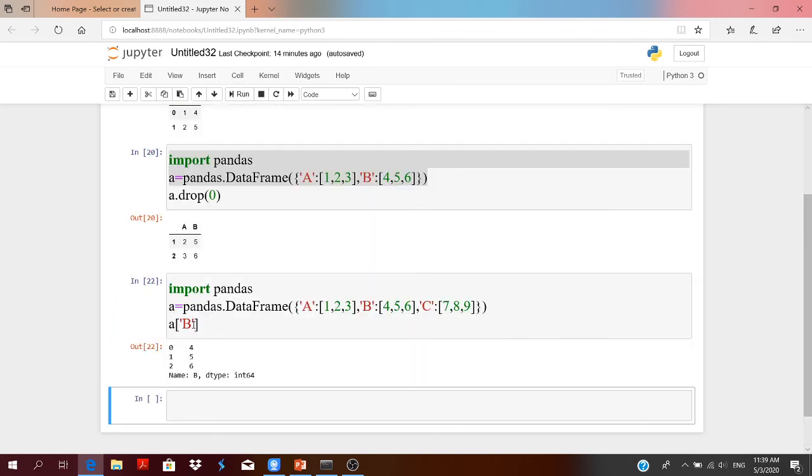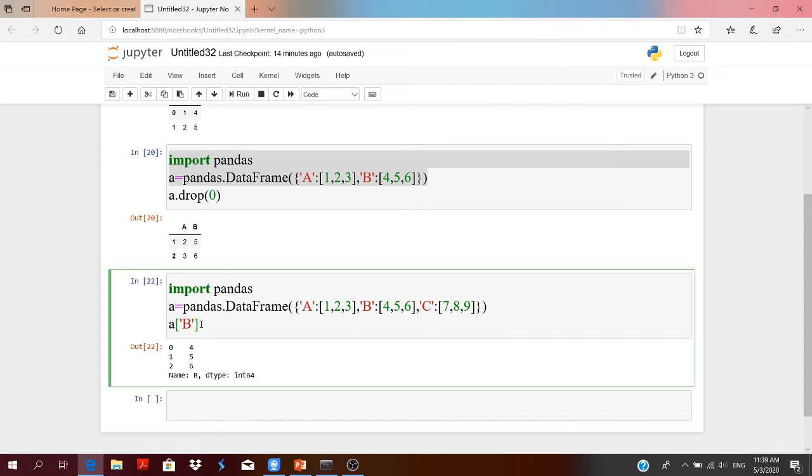Now you can select a single row of your data frame by using two functions, ILOC and LOC. ILOC uses the indexes of your rows and LOC uses the labels of your rows. First use the dot ILOC function.